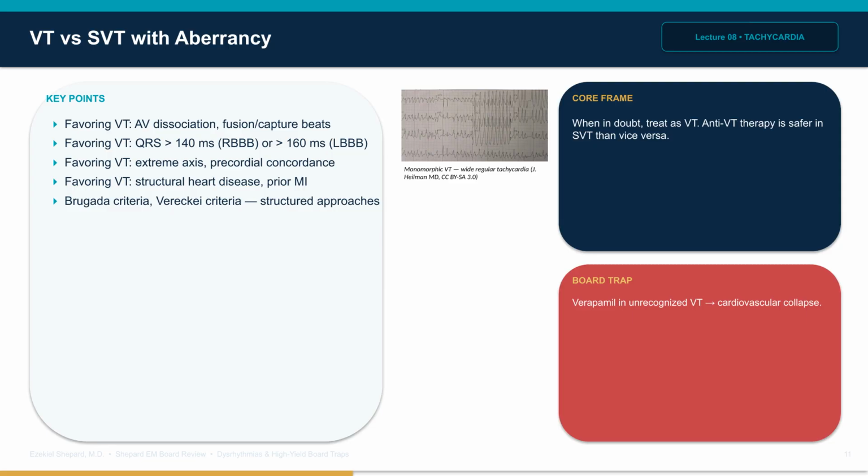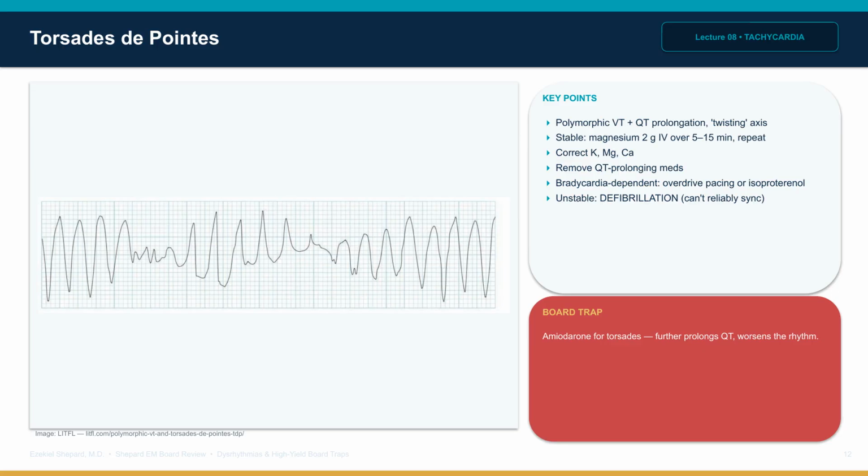Treating VT as SVT with Calan or other calcium channel blockers causes hemodynamic collapse. Torsades is polymorphic VT from QT prolongation. The ECG shows a twisting QRS axis. Stable patients,